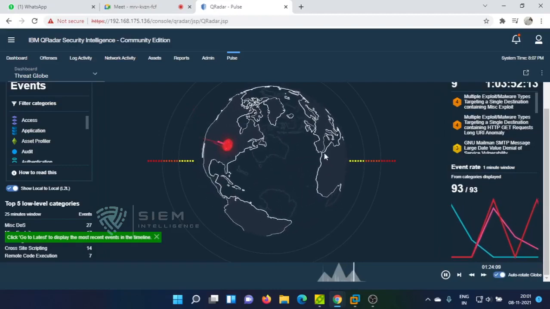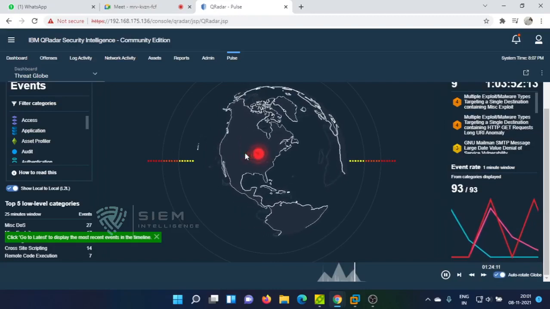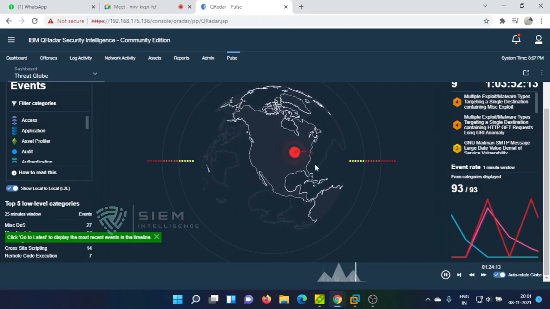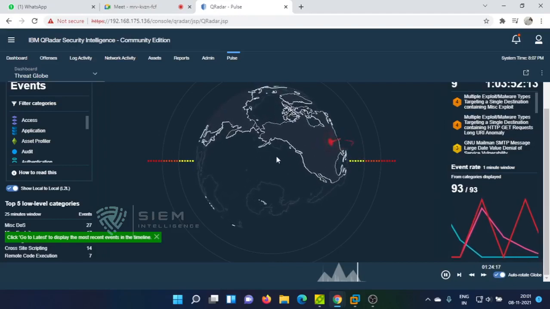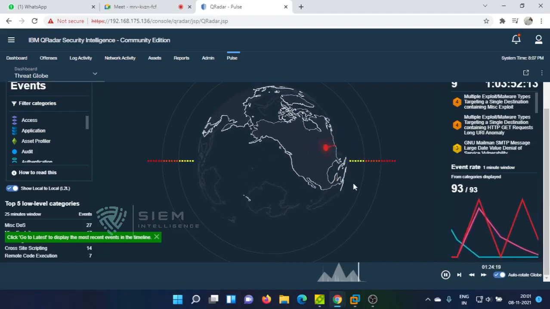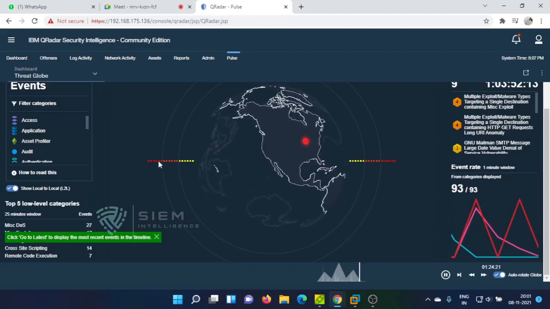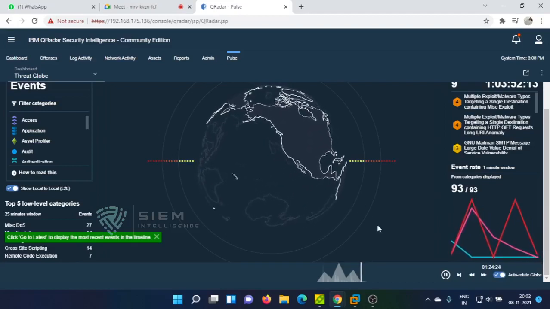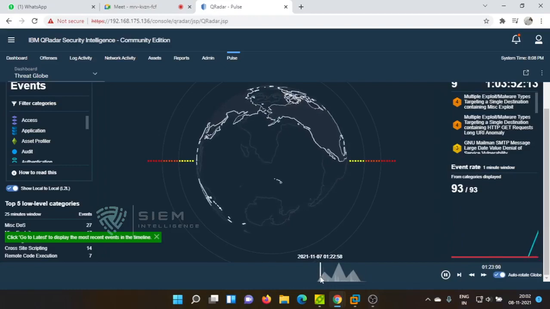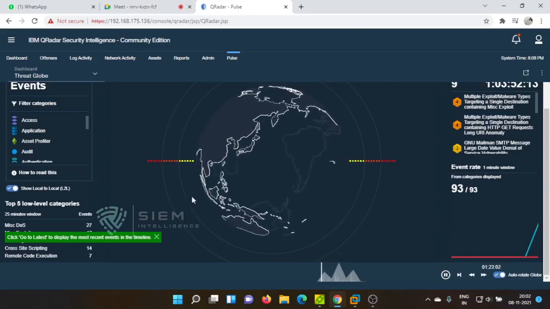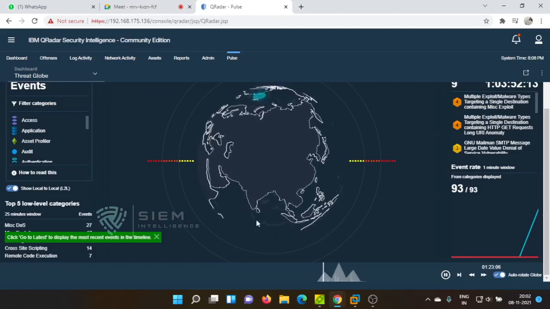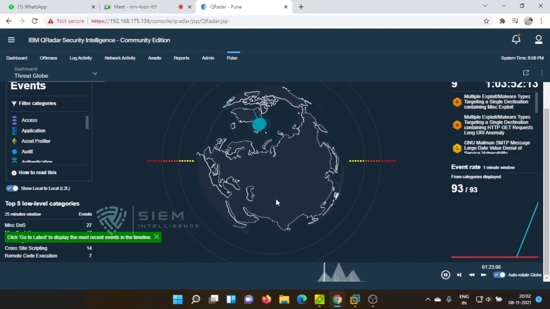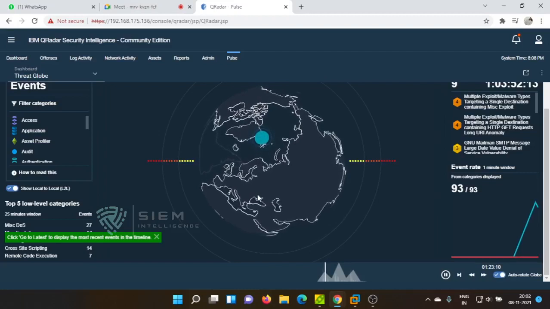The attack is coming from here somewhere. See, this is the affected area. The attack is coming from this area. See, you are finding some globe activity. See, the attack is getting infected, whatever. But in a real-time scenario, it is really a beautiful thing. If you see, the attack will show up so nicely, how this attack origin is getting activated.